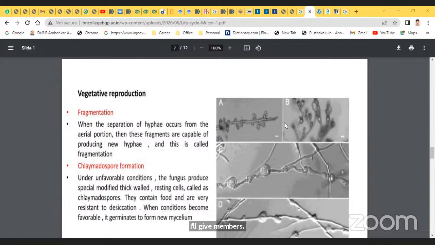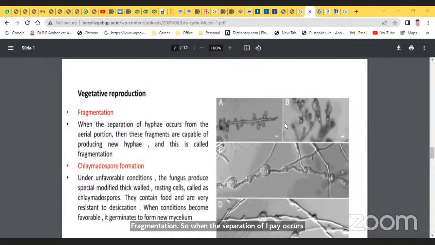Fragmentation, fission, budding. Fragmentation: when the separation of hyphae occurs from the aerial portion, then these fragments are capable